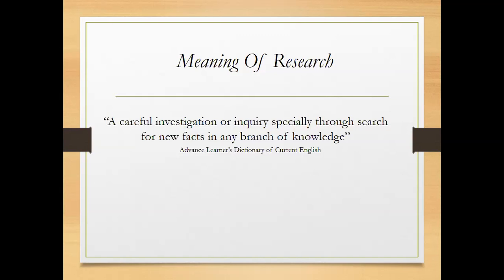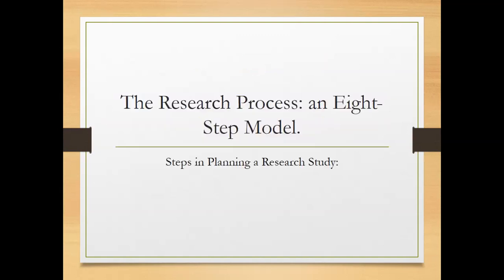Obviously, it's always systematic and organized. When I say systematic, that means there has to be a proper process through which you're going to do your research. So a research is an 8-step model. Sometimes you may find it as 5-step, or sometimes 6-step, because sometimes people merge the steps, sometimes the steps are extended so that people can understand. No matter whether it's 5-step or 6 or 8, the key things that you will do will remain the same.